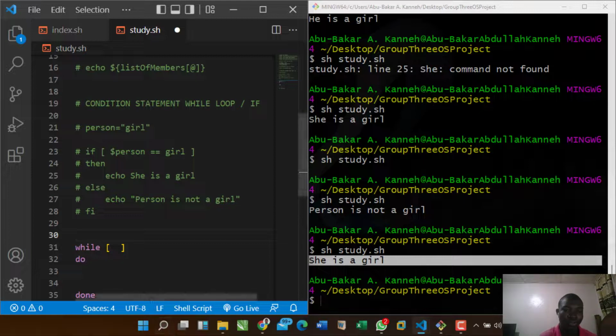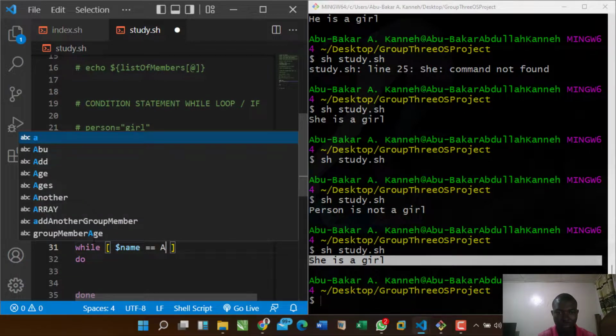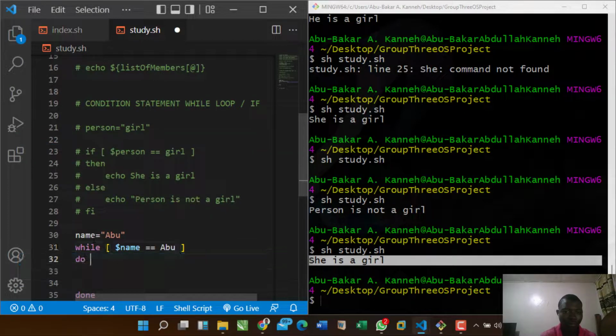So we can say while name is equal to Abu, name equal Abu, do this thing. Print